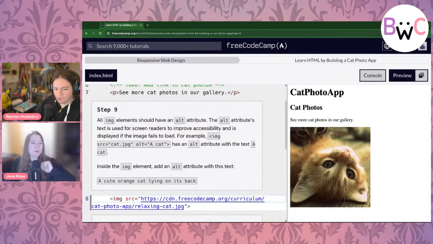Okay. So, what do we got next? Image animation. I see a lot of people in this boot camp who've done learning with us before. So this is a question for folks to yell at us in the chat. How often do you need to add alt text to your images? How many images need alt text?